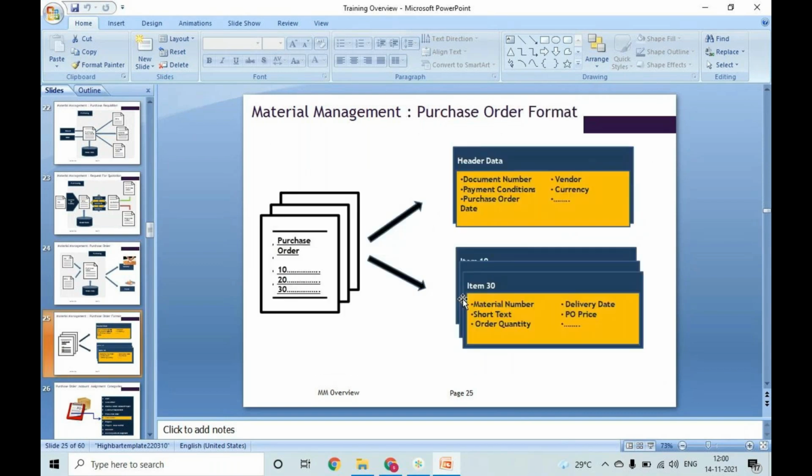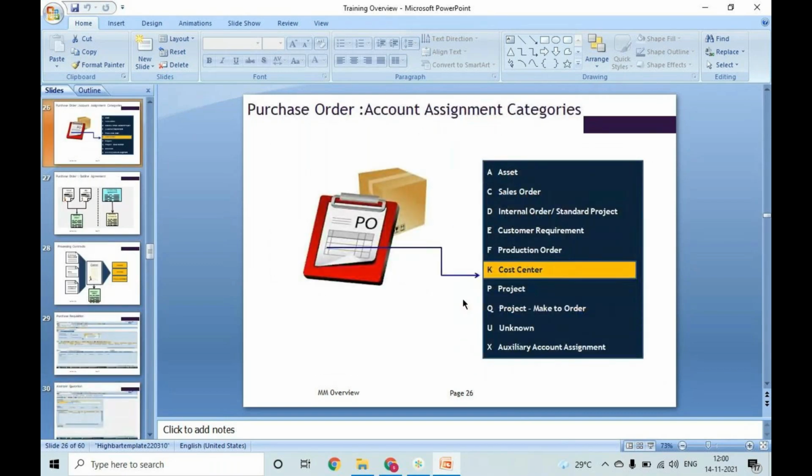Purchase orders: whenever you require material, you will procure from an external vendor, then you will raise a purchase order. In the purchase order, we have one field called account assignment. You can see it on screen. There are different account assignments: asset, sales order, internal order, customer requirement, production order, cost center, project.